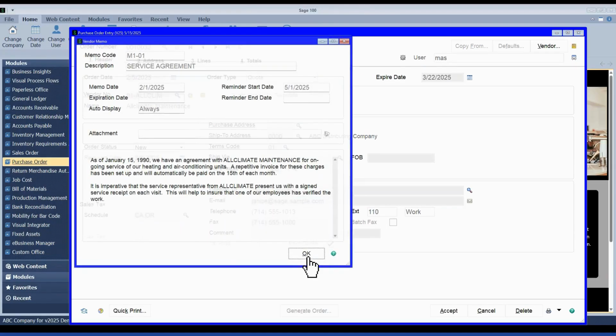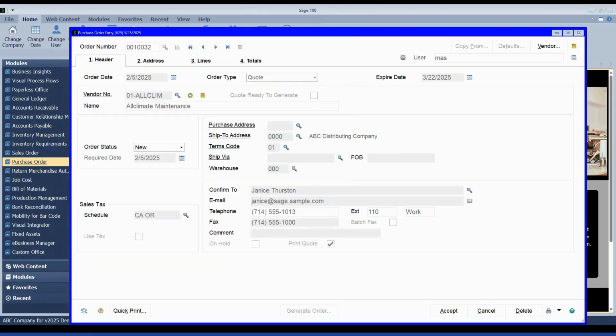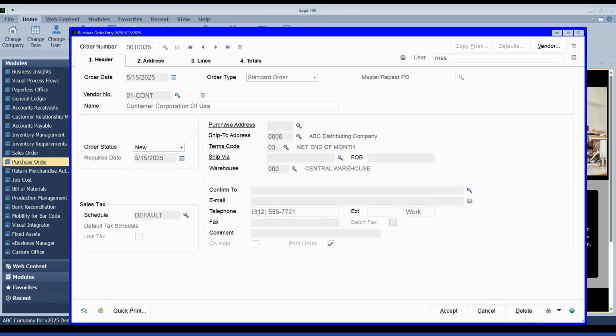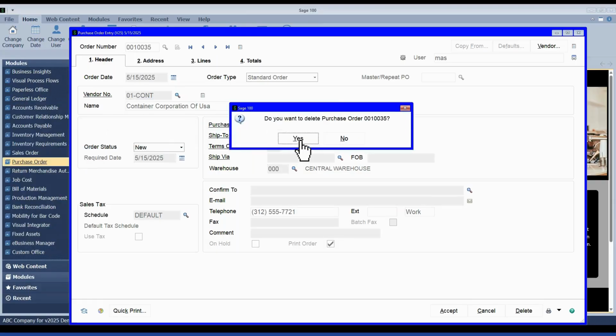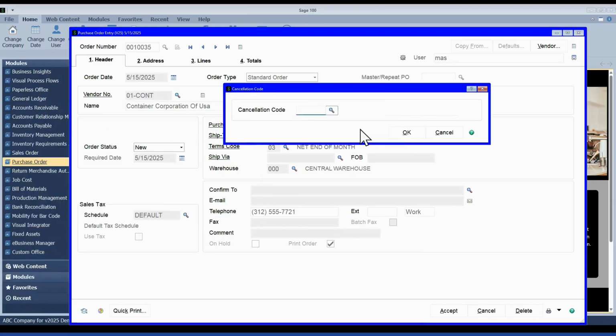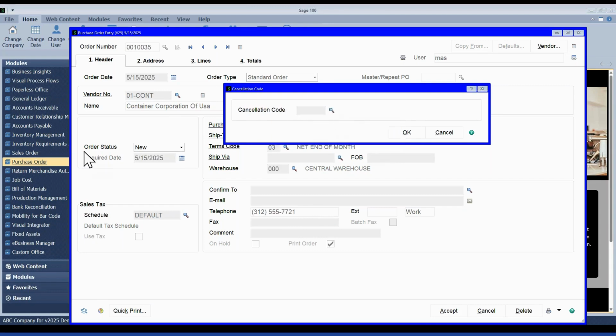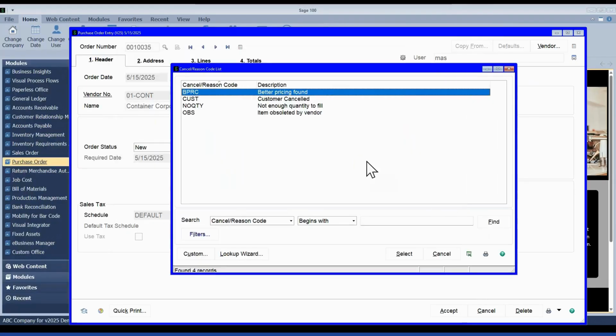So let's say I wanted to, I'm going to pop up to my other screen. We'll actually just go to the one I made. We'll come in here, we'll delete this. Confirm, do I want to delete it? Yes, I do. And then if I try to just remove this or close without assigning something, because I said it's required, it's letting me know it's required there. So I can fill in, and say maybe I found some better pricing with somebody else.